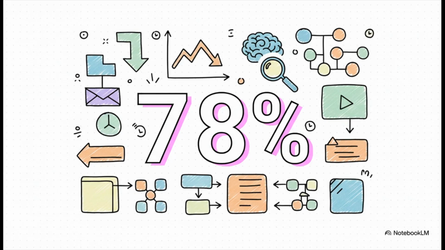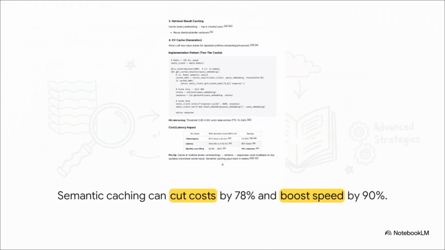This represents one of the single biggest optimizations you can make for both cost and speed. Any ideas what this could be? That 78% is the potential cut in your monthly costs from one thing, semantic caching. The idea is simple, but brilliant. If a new user asks a question that's basically the same as one that's been asked before, you just return